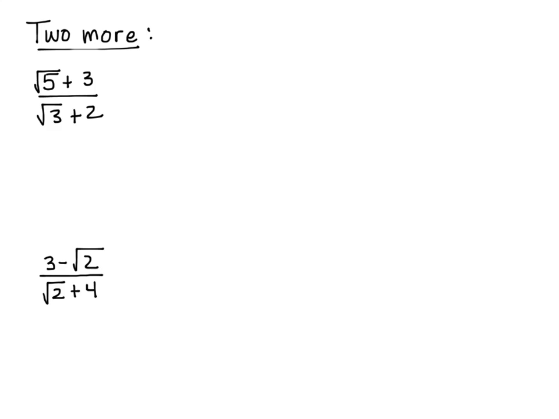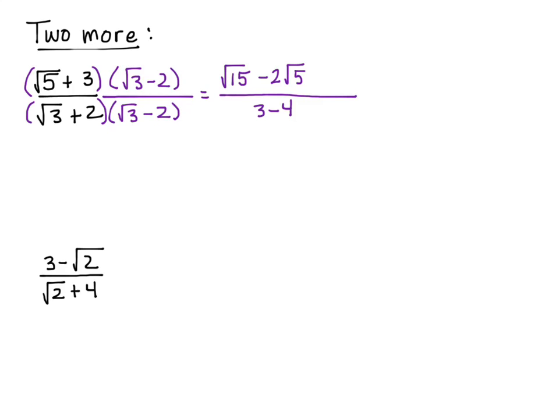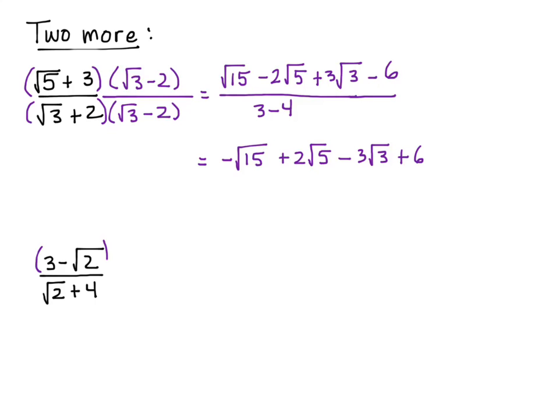All right, those are both right, and I'll just show you the solution that I came up with. I think I followed exactly step by step the same process. Okay, so exactly the same numbers there. -15, root 15 plus 2 root 5 minus 3 root 3 plus 6. All right, and then for the second one,